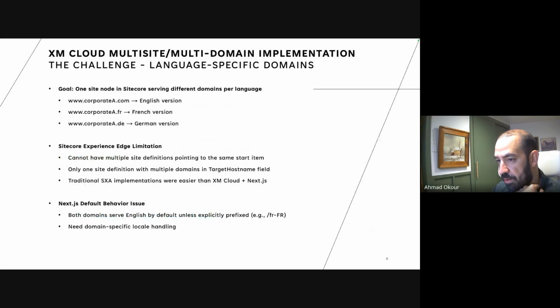Yep. All right. So next, we're going to talk about multi-site, multi-domain implementation in Sitecore XM Cloud. So in this current implementation we're doing, one goal is, in the previous days of Sitecore SXA on XM or XP implementation, you can easily do this. There's no custom code needed. So let's say you have a node site, and you have multiple domain languages for your sites. All of the pages are the same. It's just that they have different language versions,